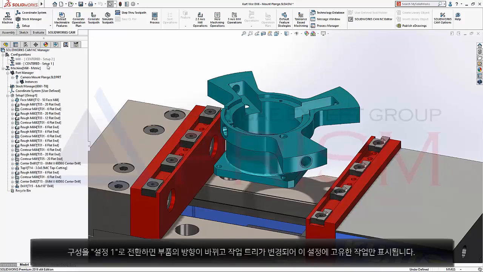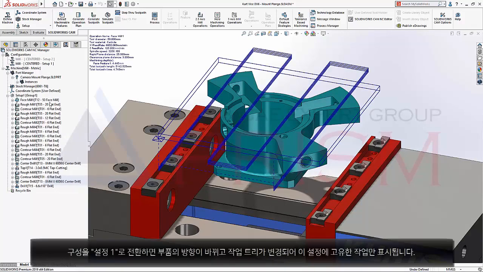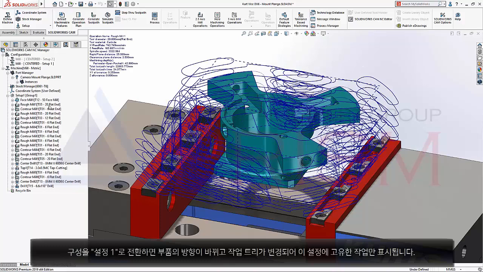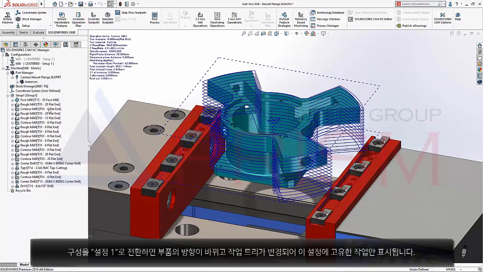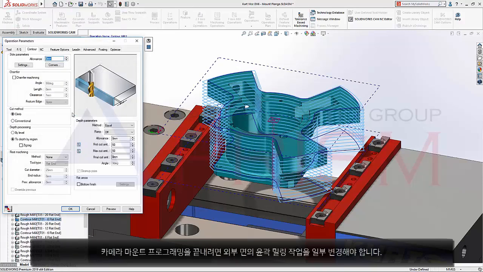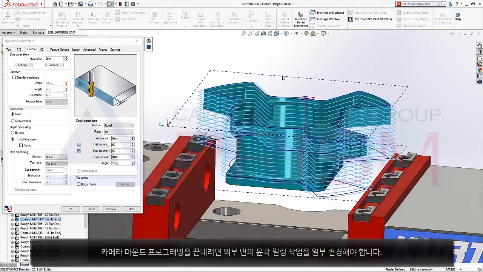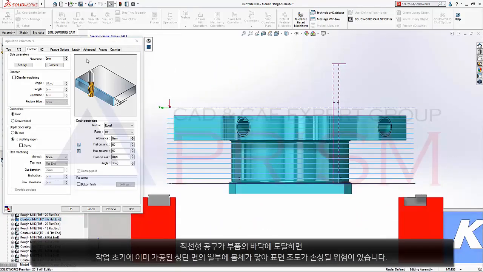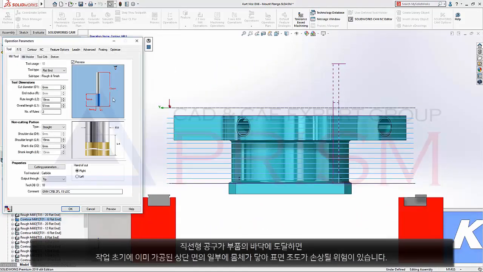Switching configurations to setup 1 reorientates the part and changes the operations tree to display only the operations unique to this setup. To finish programming the camera mount, we're going to make some changes to the contour milling operation for the outer faces. As the straight tool gets to the bottom of the part, there's a risk that the shank will touch some of the faces at the top that were already machined earlier in the operation, spoiling the surface